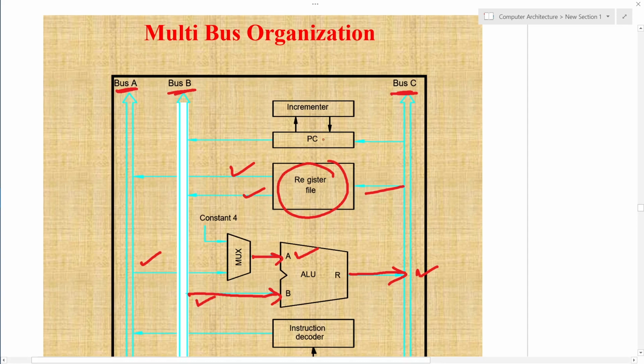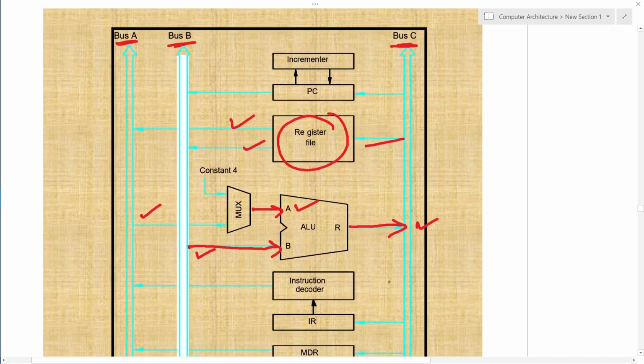There is no requirement of performing the update through the ALU. Number three, the multiplexer still has a constant 4 value even if it is not used by the program counter, but we can use this constant 4 for other purposes. And number four, the A and B ports of the ALU take the input from bus A and B and write the result back to bus C.